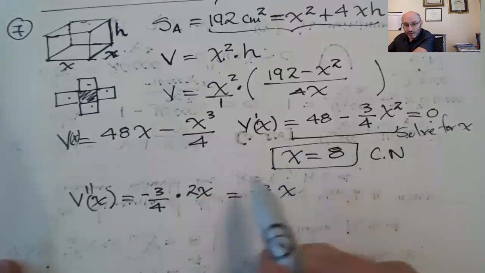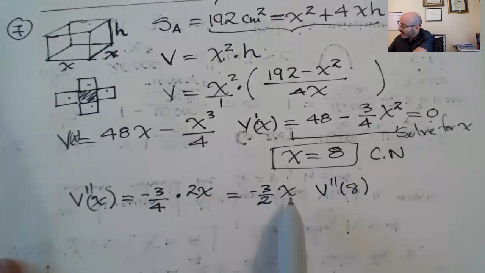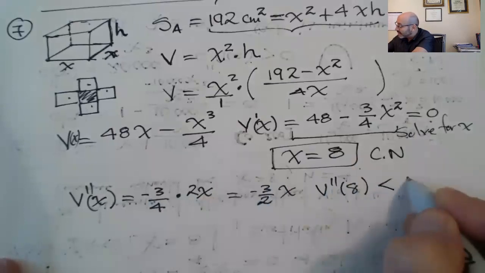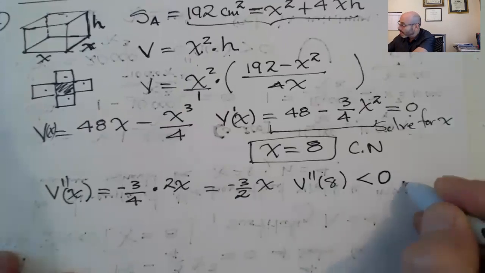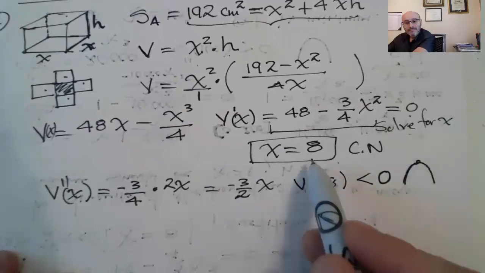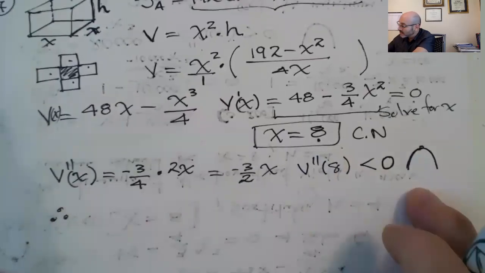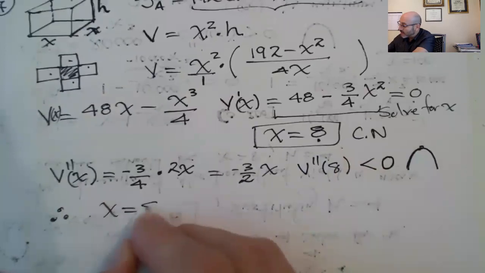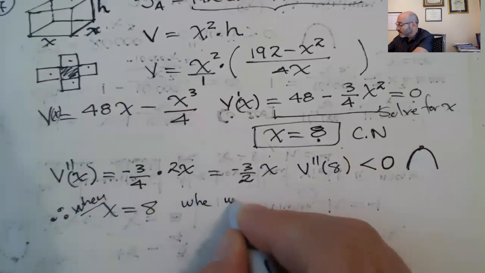And then you plug in the critical number into the second derivative. The second derivative at 8 is going to be 8 times negative 3, negative 24 divided by 2, negative 12. So it is negative. That's what is important. So what does it mean? How is my function? Concave down. Which means it's a local maximum. Which means this is a max. So therefore, based on this, x equals 8, or let me put that here, when x equals 8, we will have